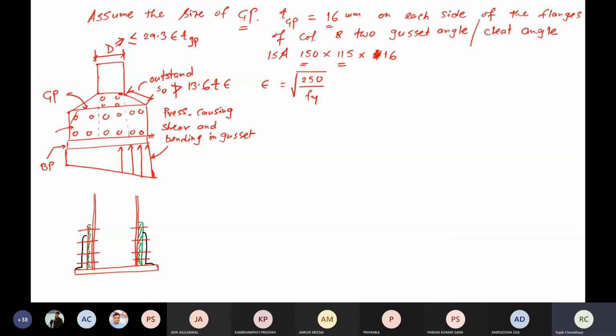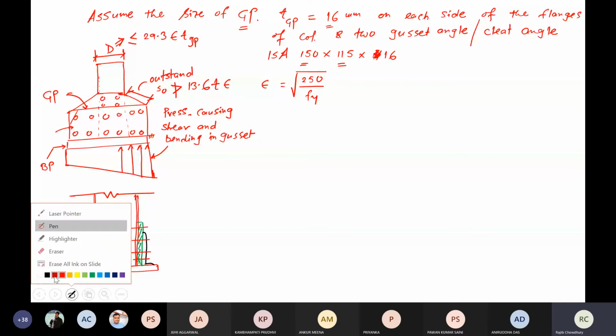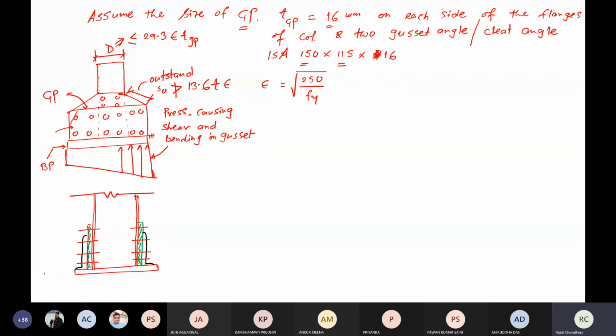So now from here I'll come back again to this particular figure a little later. Now let me just start with how much width and all these things are required first. So the minimum width that has been required for the base plate, the minimum width that is required,